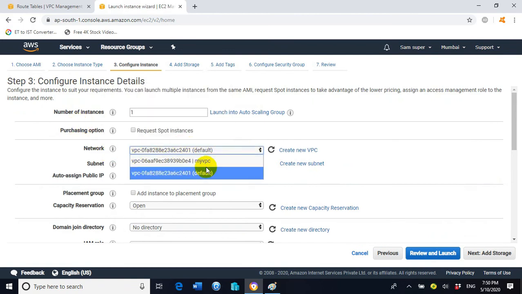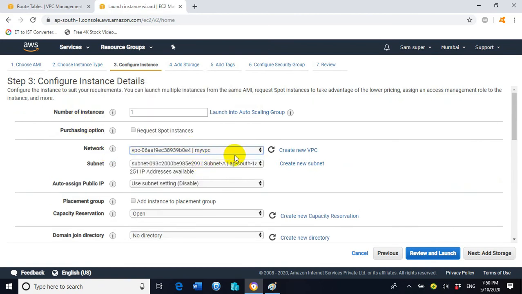Under the network, click on my VPC. My VPC is the network, or VPC, we created before, and click on subnet and it will show you the availability zone. So go with AZ1A. Then auto assign public IP.